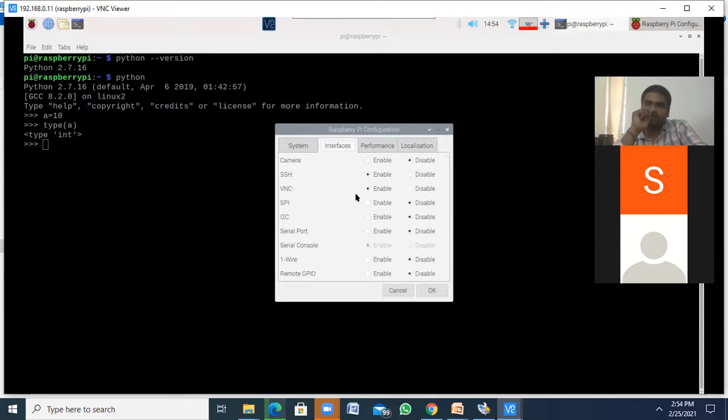Then in our laptop or desktop, we should install VNC Viewer like this. This is the VNC Viewer, whatever we are viewing right now. So we are connecting from my laptop to this Raspberry Pi, and these two should be within the same network. What happened before? I was connecting with the LAN, while this Raspberry Pi was connected with the Wi-Fi.